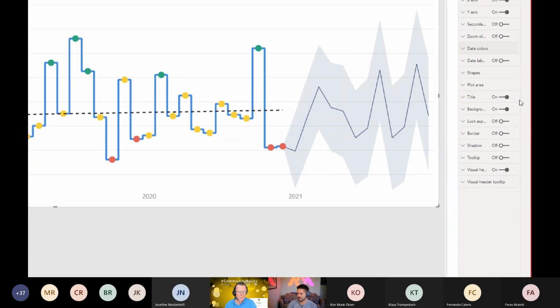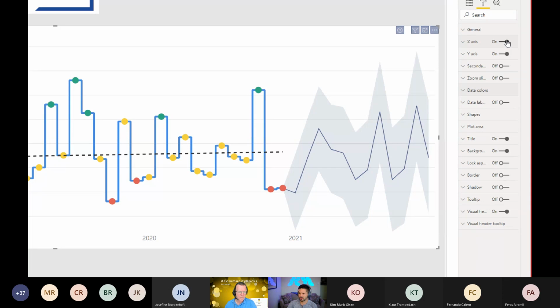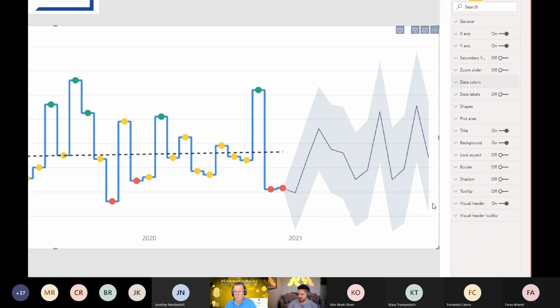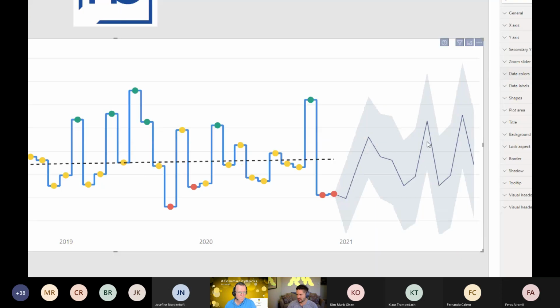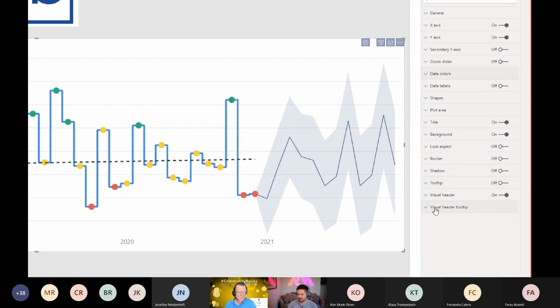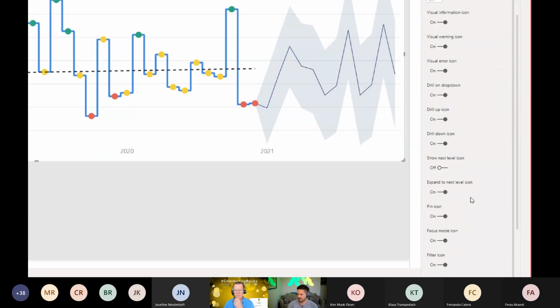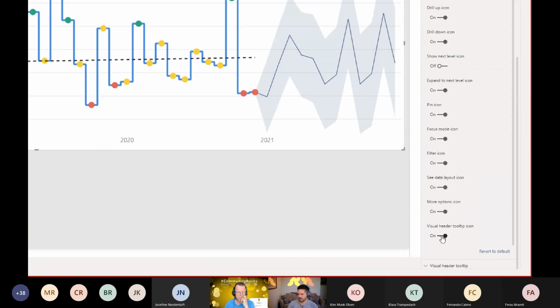Now, with almost everything that you see in here, most of the menus have an on or off switch next to the menu. Even the visual header itself has just an on or off switch. My preference, if I had designed this, is that this menu is always on, with an on or off switch just right here to turn on or off the visual header tooltip. For some reason, though, they decided to build this as conditional. So the only way this ever shows up on a visual, you have to first come to here, and then you need to scroll all the way down to the bottom and turn this on.